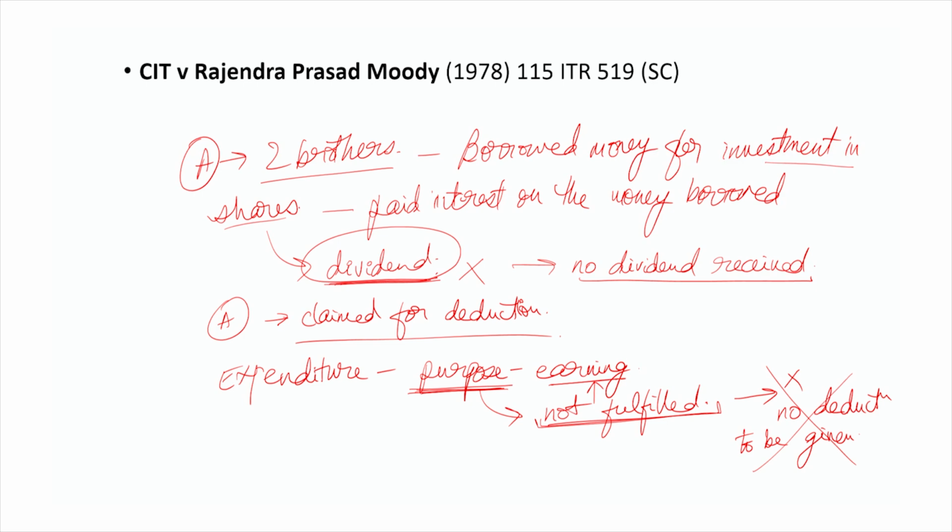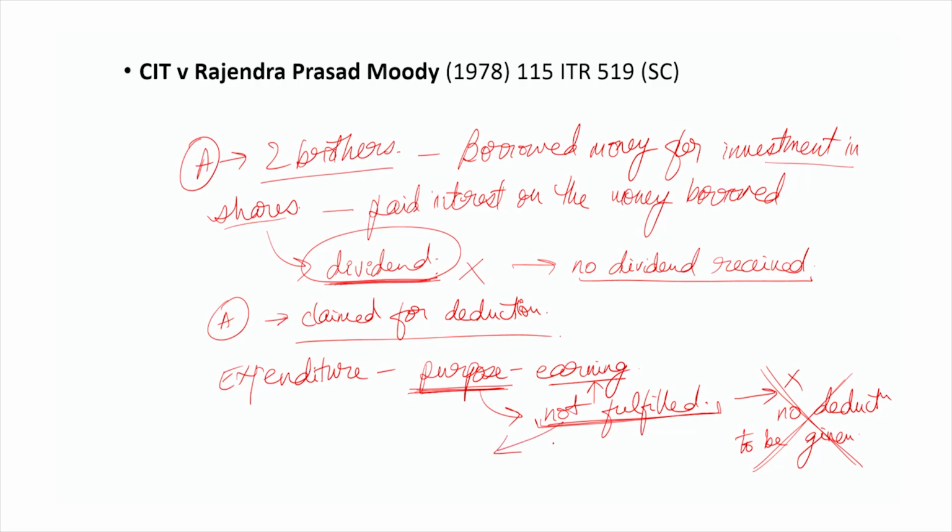If I did not end up earning that, the court said it does not matter. We cannot say that you will not get a deduction. Why? Because you did not earn. You did not earn, right? But you had spent some amount for the purposes of earning, and therefore the court over here said that the assessee over here is liable to get the deduction, right? So over here the court had looked at